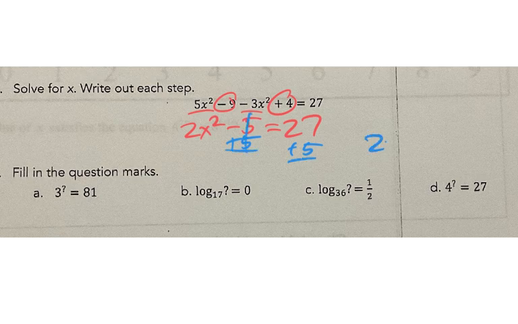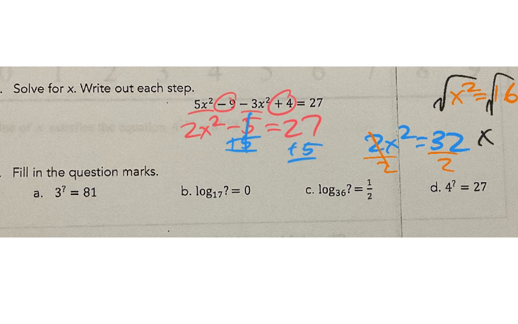So that leaves me with 2x squared equals 32. Next. Divide by 2. So now I've got x squared equals 16. Now take a square root. And that would give me x equals,